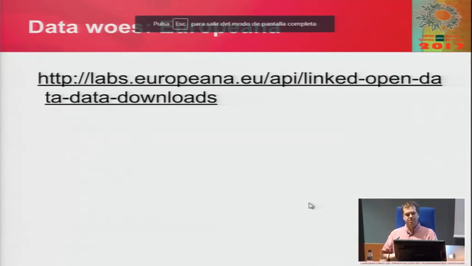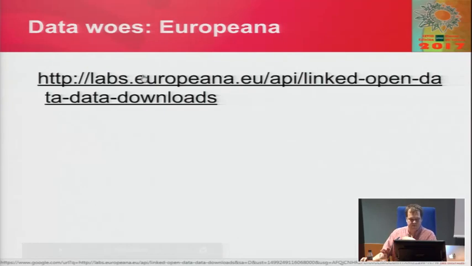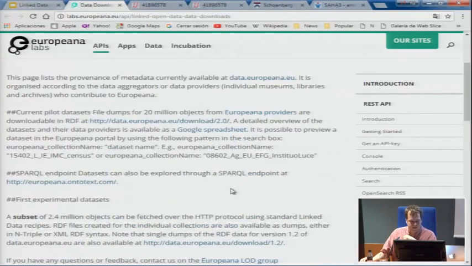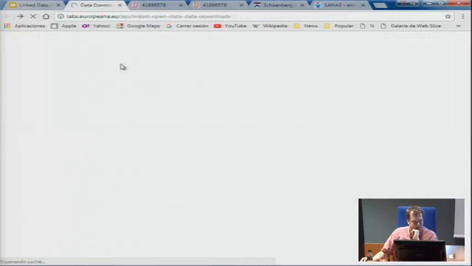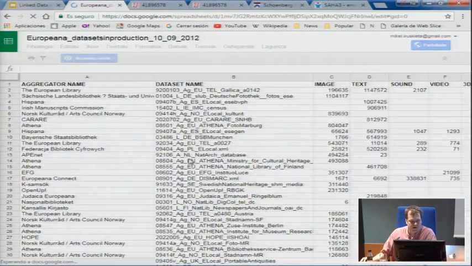So that's just one example in data where you really have to be aware and do detective work to figure out how that data set has been created, what kind of algorithms have been done to it. Here's another example. So here are all the public datasets that are openly available from Europeana. And it says that there's a detailed overview of the datasets and their providers available as a Google spreadsheet. So that's nice. From that we'll figure out what datasets are in Europeana, and we know if we can use them or not. And then you go there,